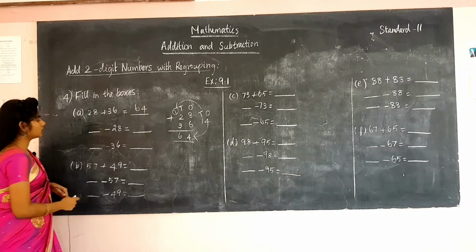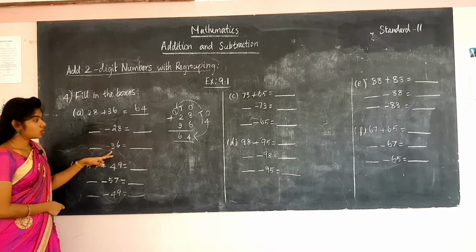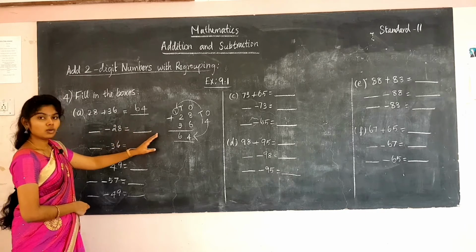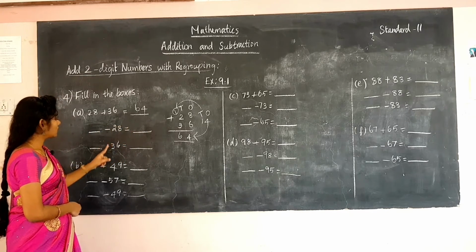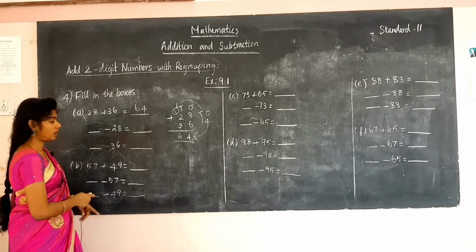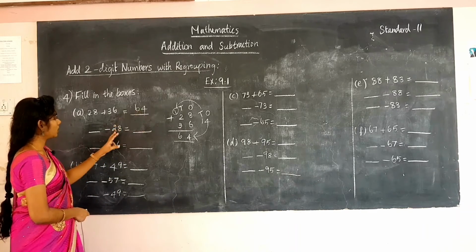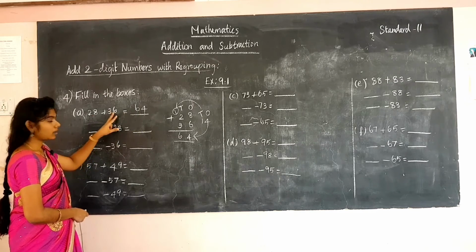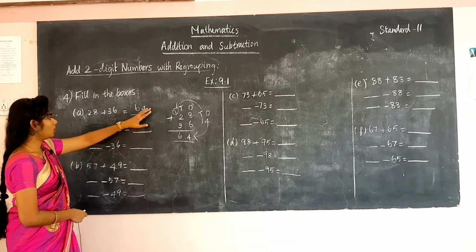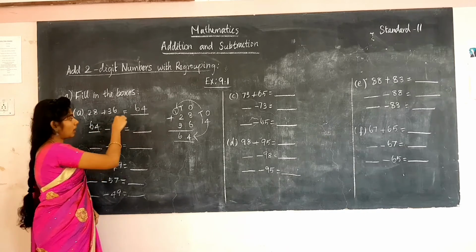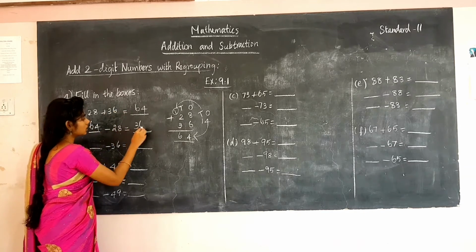In the first question itself, the remaining two things are given. See here how to do this. There are two blanks now. Here the sign is the subtraction sign, the minus sign. So when any number is subtracted from this number, you will get the rest of the answer. To the number 64, when we subtract 28, you will get the remaining answer as 36.